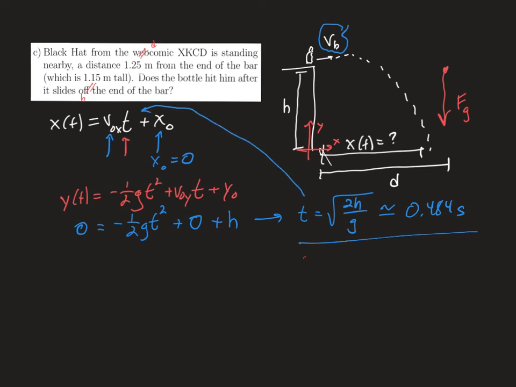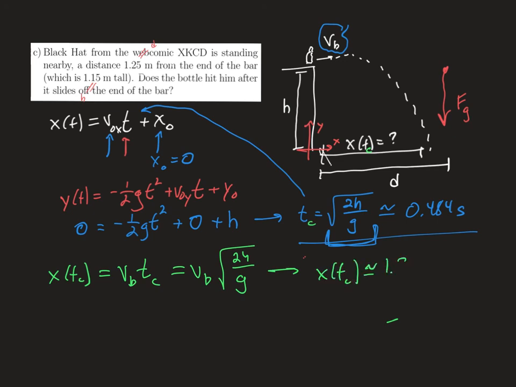And actually, it's a little bit safer to leave this as a variable expression, because then you won't be doing any rounding and your answer will be more precise. So I want to label this as t_C, like the time in part C. And so what I actually want to find is x(t_C). So I'm going to put in v_B, which is the velocity from the first part, t_C, and the initial position is going to be 0. And leaving this as symbols would look like v_B times the square root of 2h over g. That would be the wisest to make sure that you don't have any rounding issues, but the answer you get is